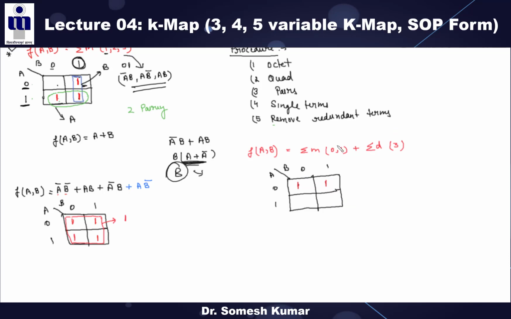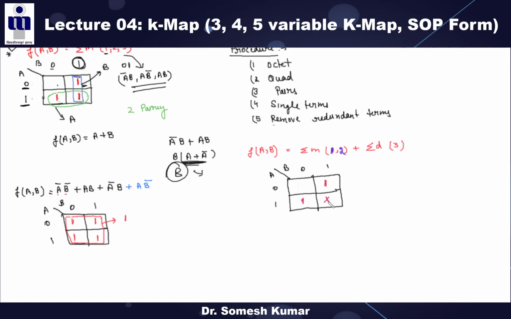So here if I am saying 1 and 2, right? So this is 1, this is 2 and don't care is at 3, right? Now tell me. See, here at this position 1 and 2, it is 1. So this is 1, this is 0, 1 and this is 1 and this is don't care, right? Not 0, don't care, right? So now tell me how to this don't care we have to take as the 0 or the 1.